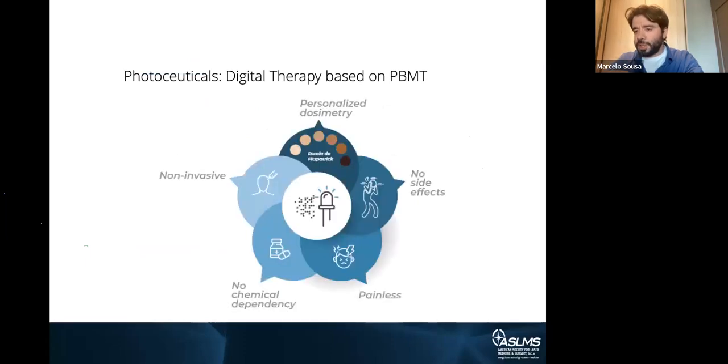Of course, it must be personalized. Otherwise, it would not be possible to provide the same amount of light in the specific place to provide the therapy. So it is necessary a huge effort in computational physics to